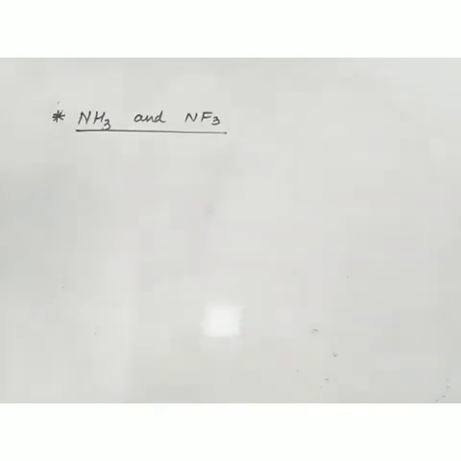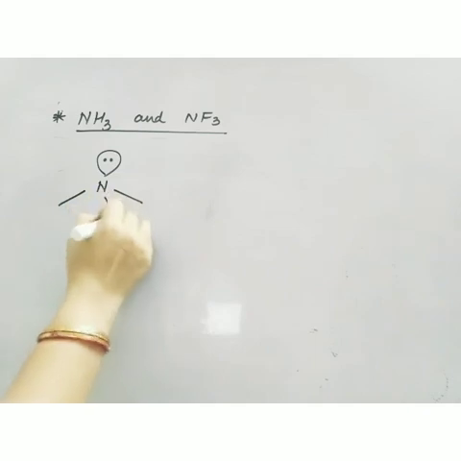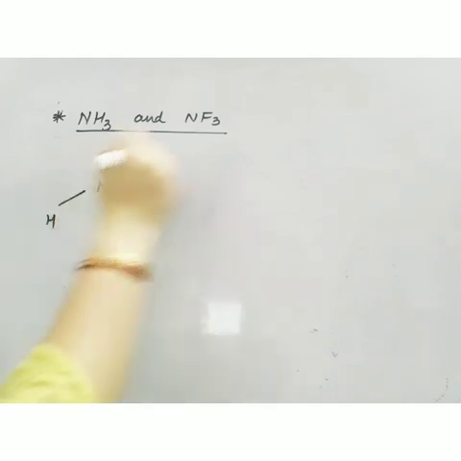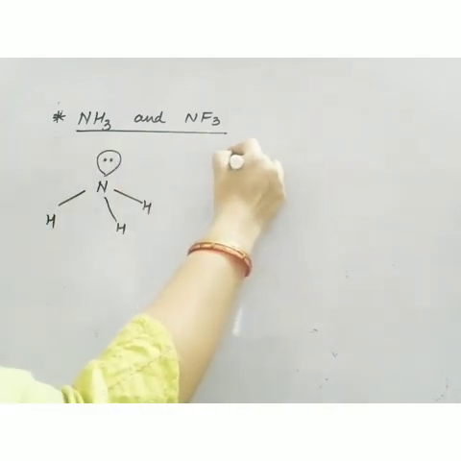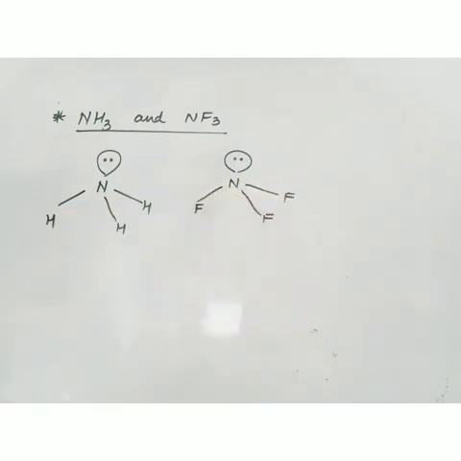Now there is one more interesting case of NH3 and NF3. So ammonia, we know it is pyramidal. And NF3 is also the same, 1 lone pair and 3 bond pairs, like this. Okay. Now the 2 molecules are having the same central atom, same bond pairs, same lone pairs. Okay, then which is more polar and why? Which is less polar? How to compare the polarity? So first we'll make the vectors.